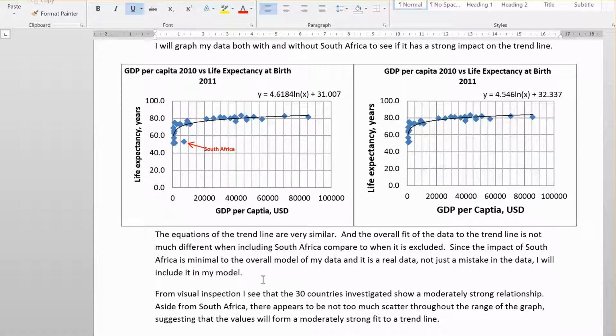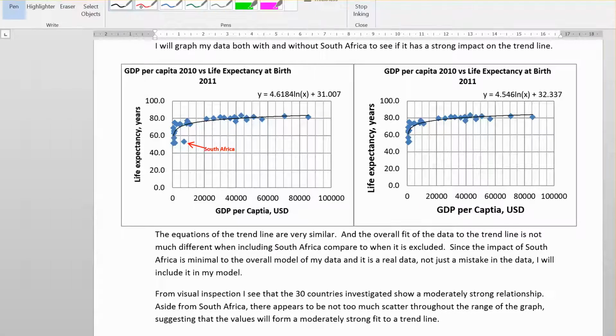But this is what I mean by we have to leave it in if it is not wrong. And South Africa is in fact a real country. Those are not made up points. It does have a higher GDP per capita and a really, really low life expectancy on average compared to other countries with similar GDPs. So you'll notice if we get my pen out, if we used a similar GDP per capita,